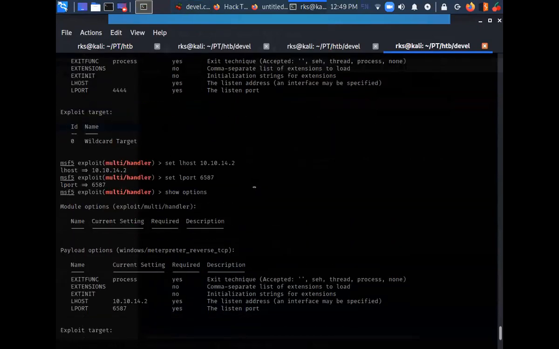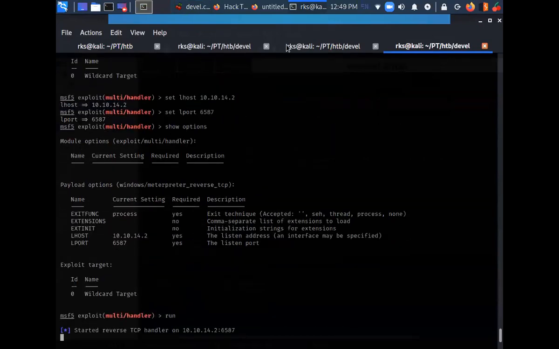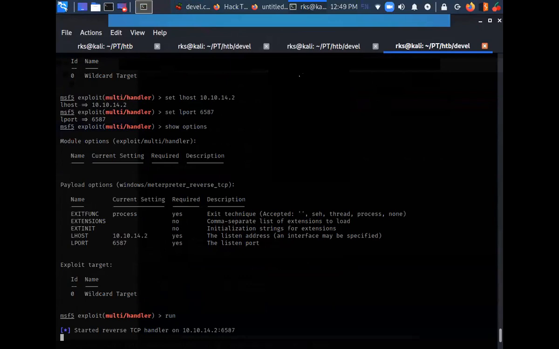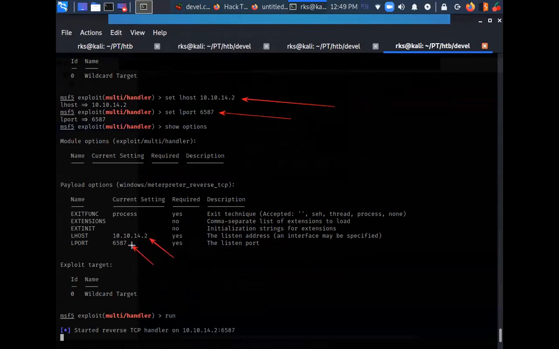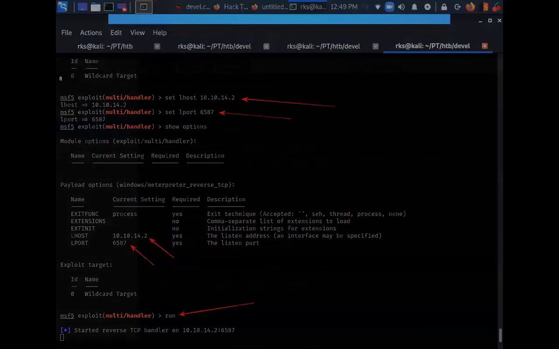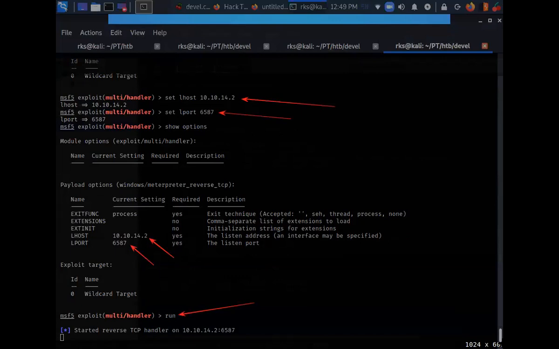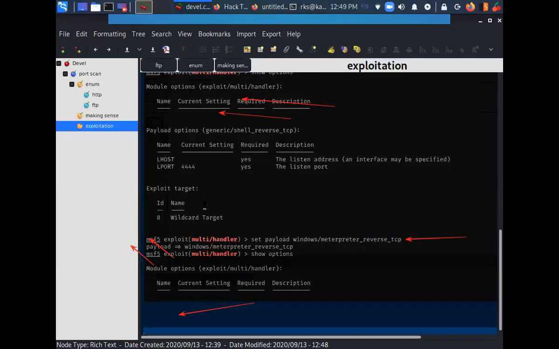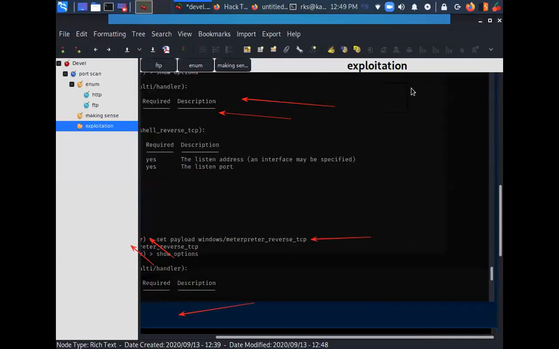Let's take a snap again. These fields have been set, and then you need to type run. Let's take a snap here as well and paste it here.